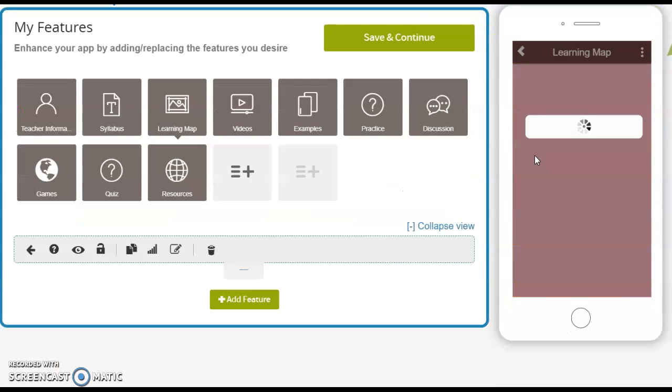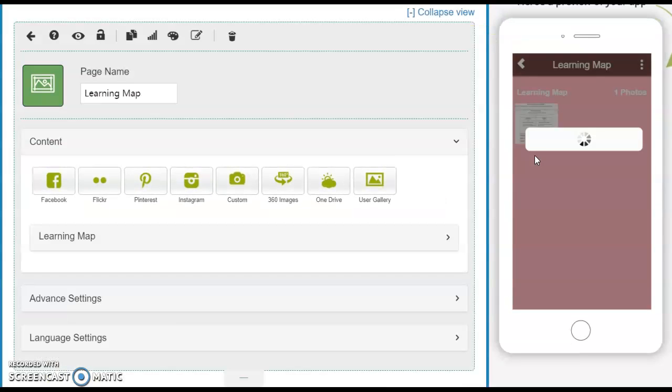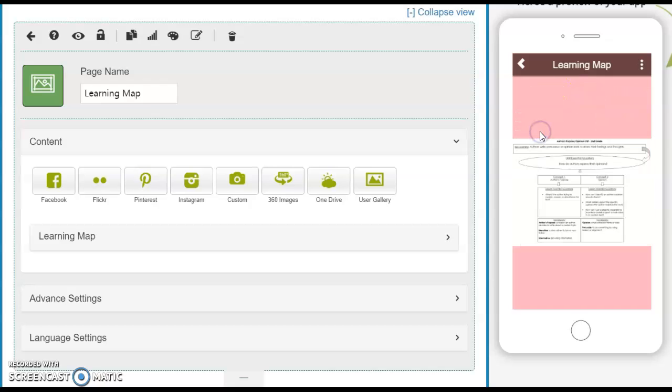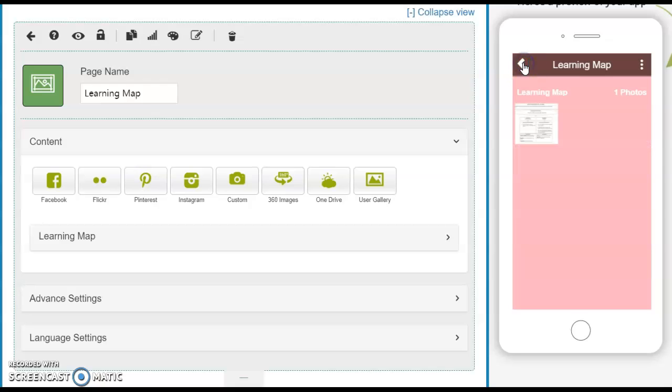All right, so I included a learning map, and this is actually something that my district uses. So what you do is you click the picture, and it'll blow it up. Now I have this on my phone, and you can actually see it much better when you download it to your phone or iPad. Basically what it says is key learning at the top, the unit essential question broken down into 2 different concepts with the lesson essential questions for each and the vocabulary for each. Okay, so let's go back again